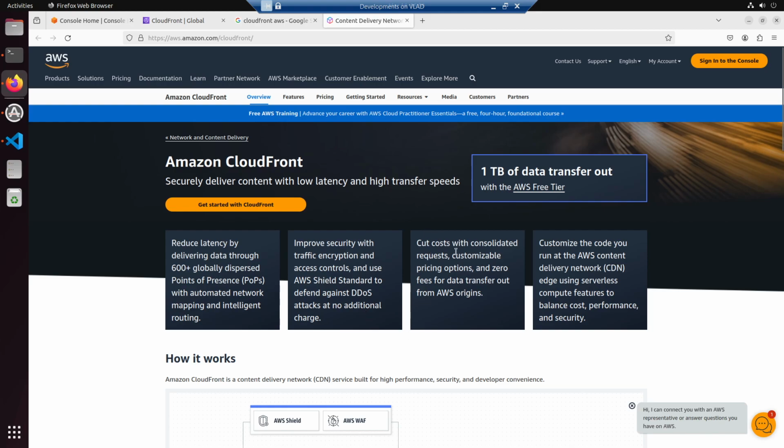Wow. Okay, so cut costs with consolidated requests, customizable pricing options, and zero fees for data transfer out from AWS origins. Customize the code you run at the AWS Content Delivery Network edge using serverless compute features to balance cost,